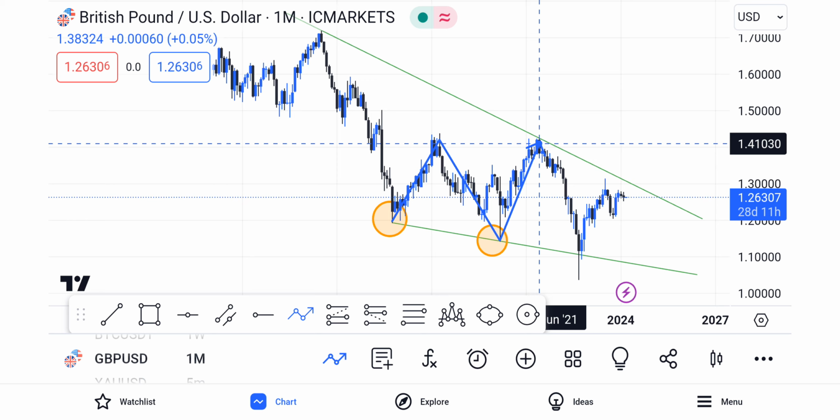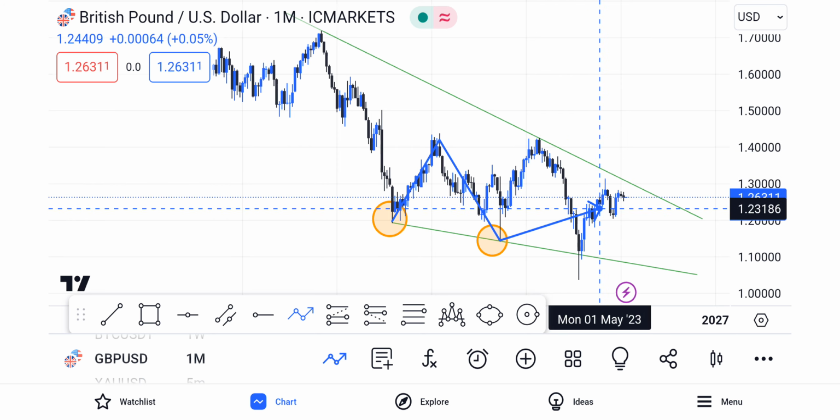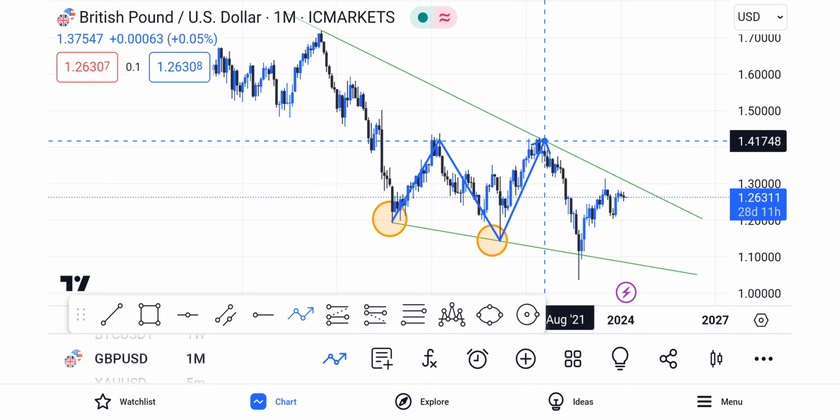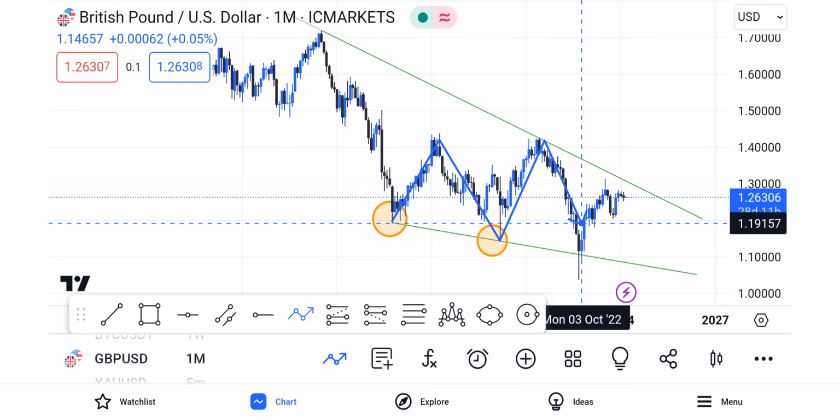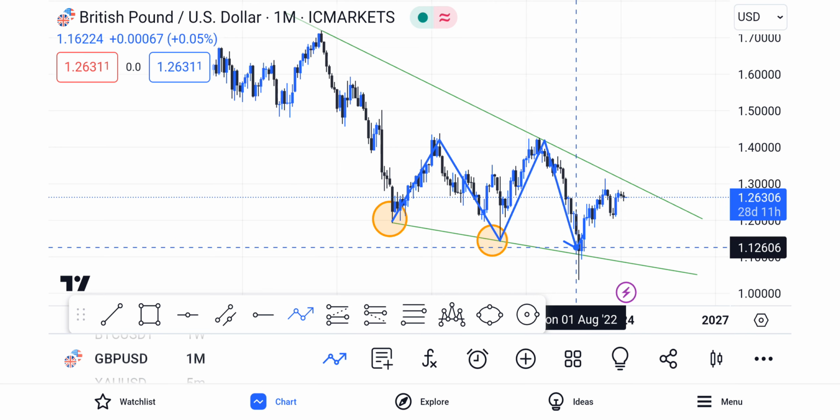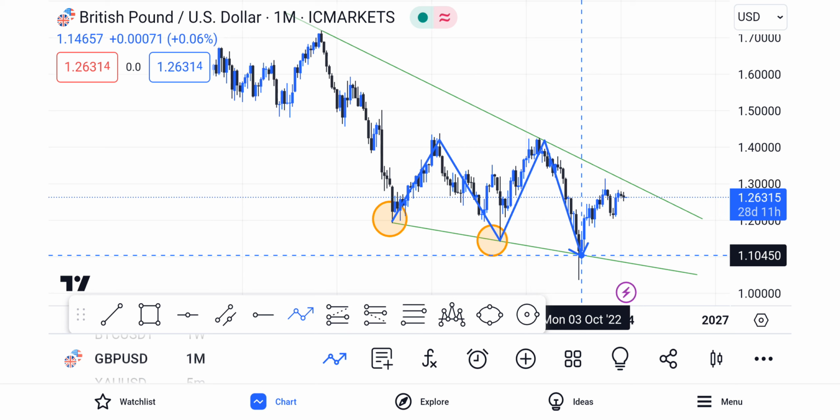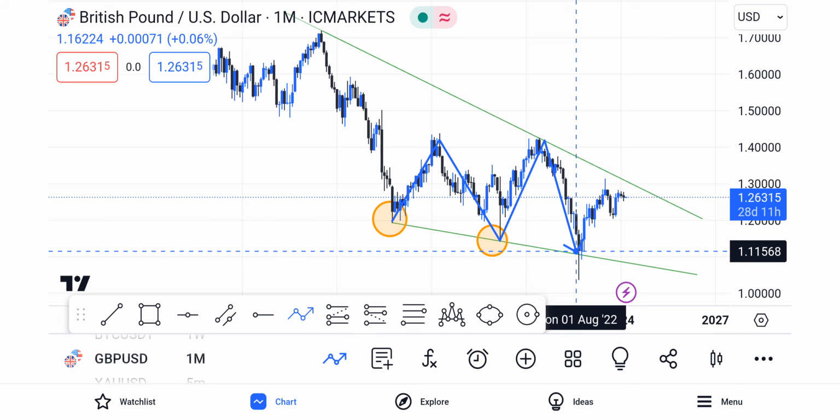And again, what do we see? The third time price comes into that point, what do you see? It moves into that point. So if you had established this trend line from the beginning when we had GBP USD moving to the downside, I think it's in 2022, then you would have been able to catch this move from here just with trend